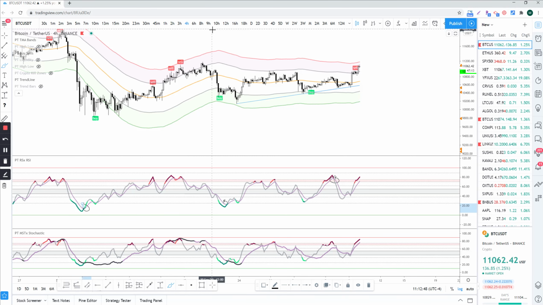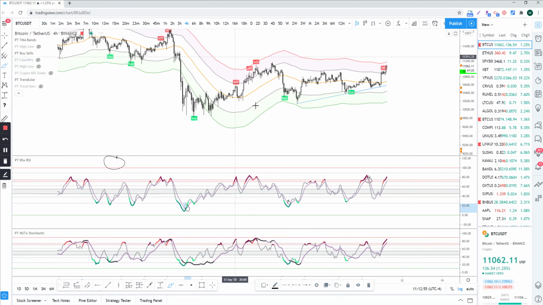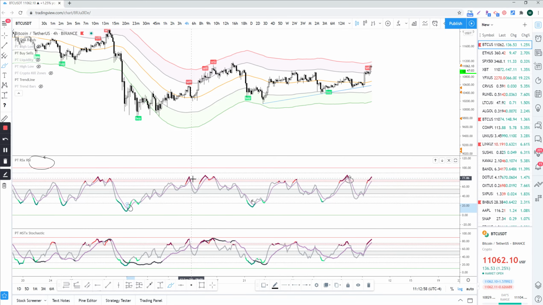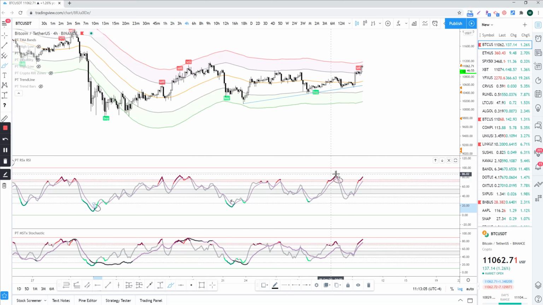Time frame wise for the RSX, I use it across the whole board for scalping, swings, and intra. It's pretty much a staple in my trade setup. I don't trade without it. It helps avoid basically longing on areas that I should not be longing. So for the RSX, all you look at is for crosses with dark red, which is the algo. And if you look at it from a higher time frame perspective,